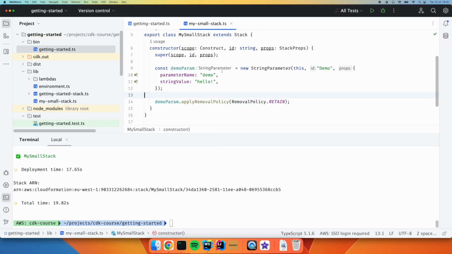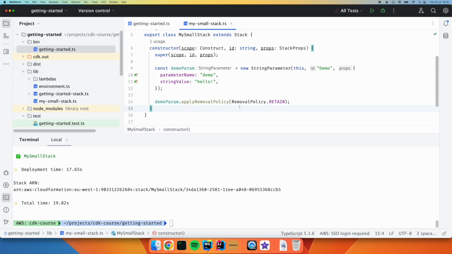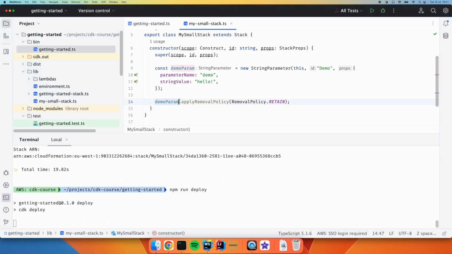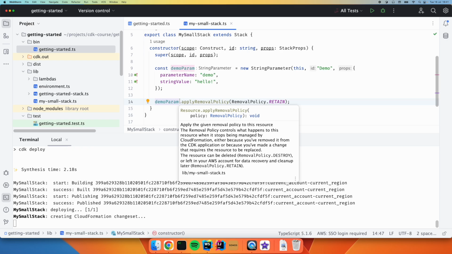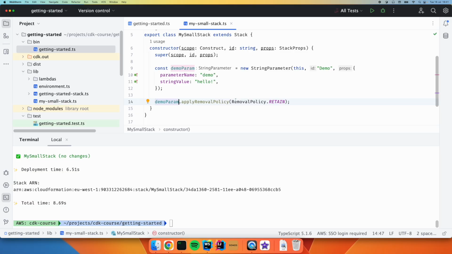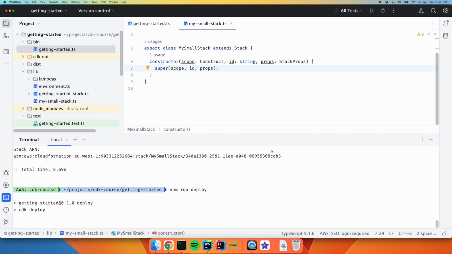So you might think, okay, fantastic, that's all ready to go. Now that I set that up, can I just delete this? Can I take it out? But obviously we have to tell CloudFormation that it should retain the resources when we delete it. So we have to do a deployment with the resource still present. So let's just do that quickly. And once CloudFormation has been told that this removal policy should be applied, we can then delete the parameter here. So if we delete that, run a deployment,